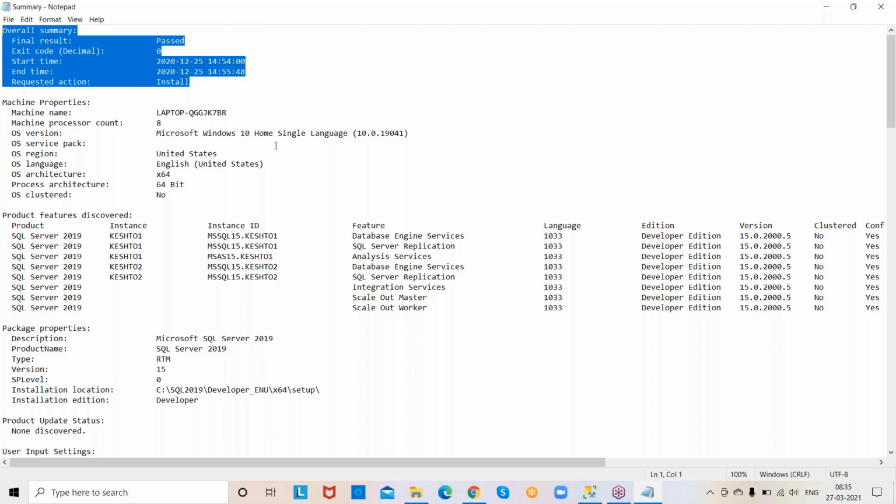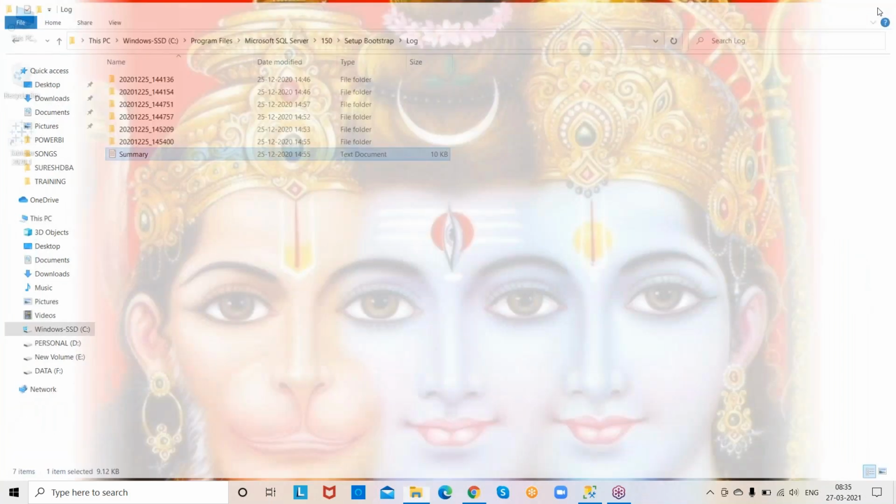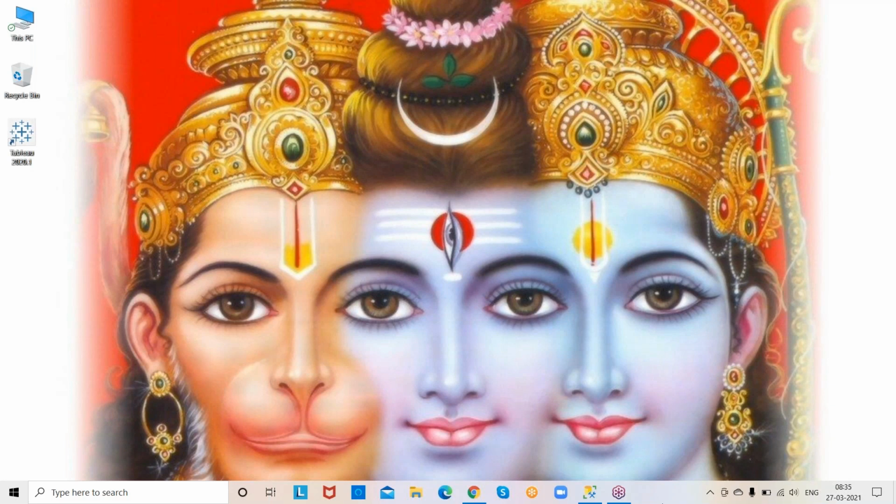So this is the way how we work with SQL Server. Okay, here, post installation checks. Suppose somebody asks you, give me evidence that you have completed the SQL Server installation successfully. For that, you can go to that location, the summary file. You can copy the information available in the summary file and send it to the client so that they can understand the installation was successfully completed. Okay. So this is the way.